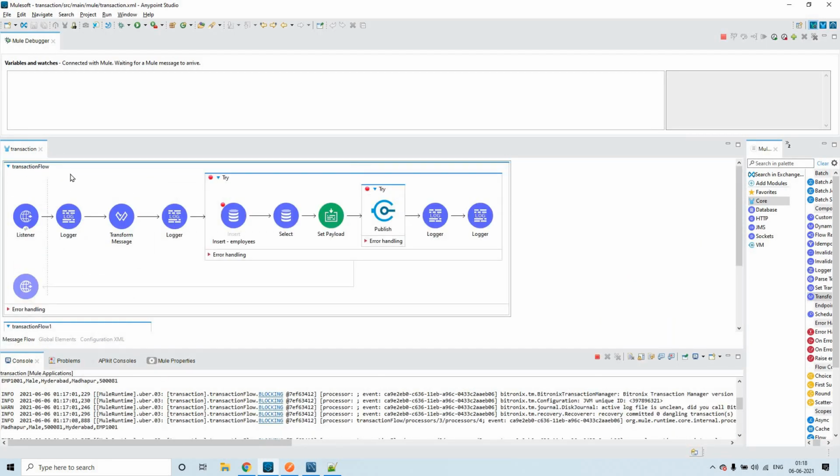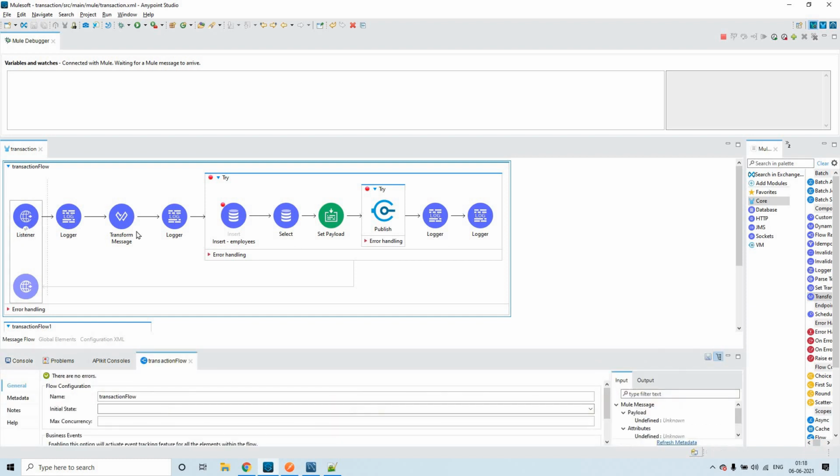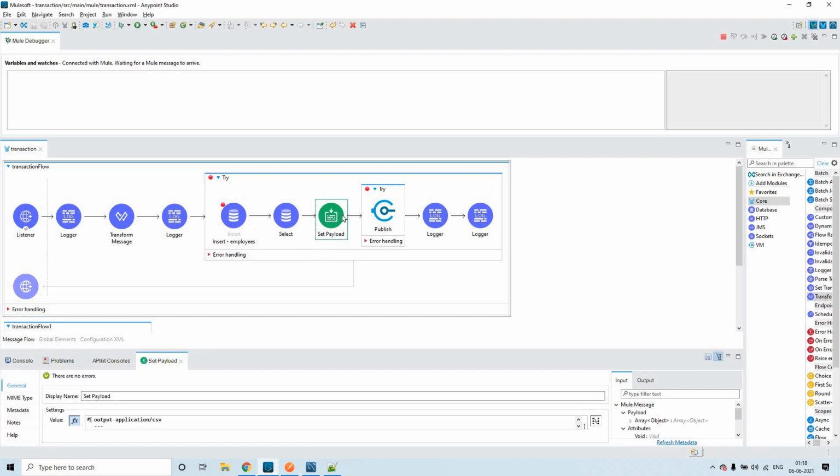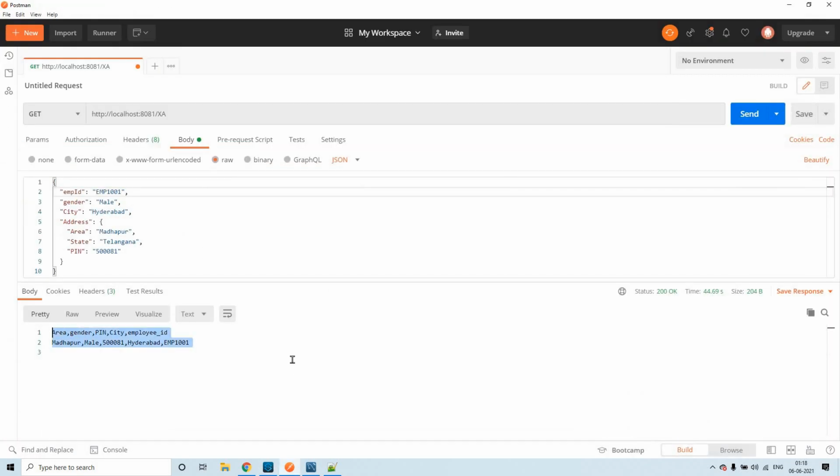Because this is the flow where we have the HTTP listener. Whatever payload we set in the last phase of this particular flow, that is what we are sending as a response to the Postman response section. So it is a CSV, right? That is the reason we could see the CSV here.